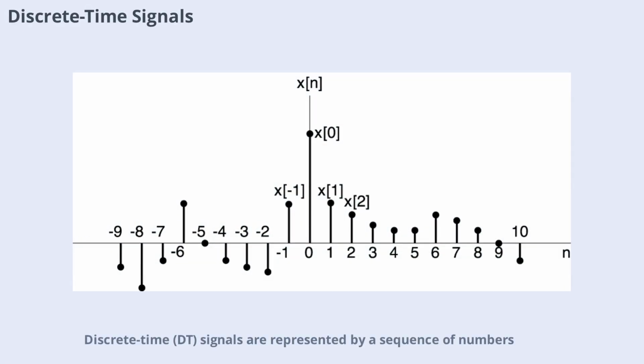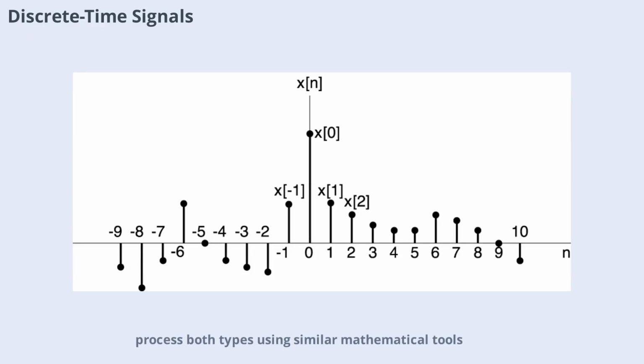Discrete time (DT) signals are represented by a sequence of numbers, each corresponding to a specific point in time. These signals are common in digital systems, such as computers and digital audio. Examples include MIDI codes, stock market prices, and digital images. Many properties of CT signals also apply to DT signals, making it possible to analyze and process both types using